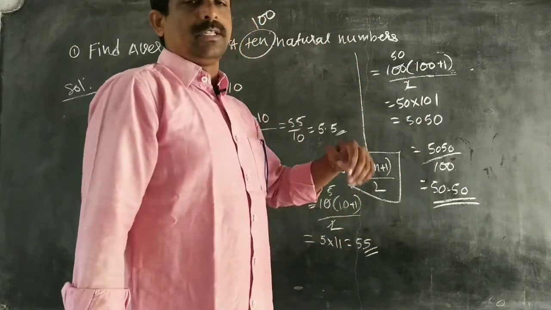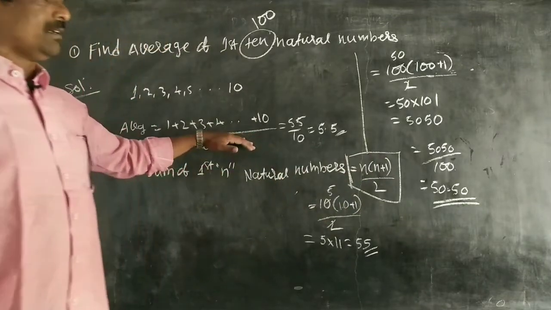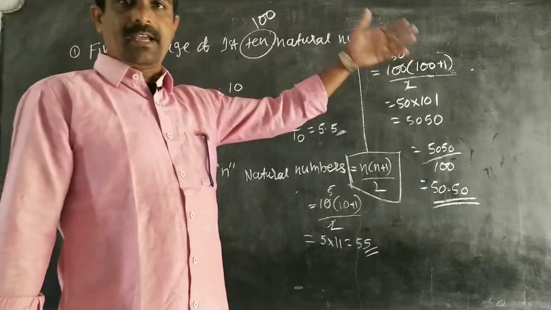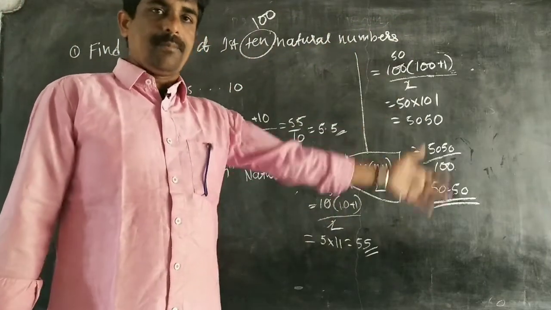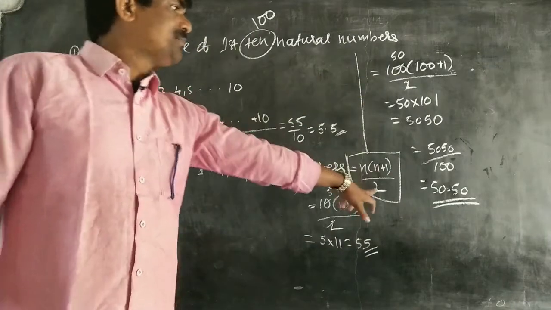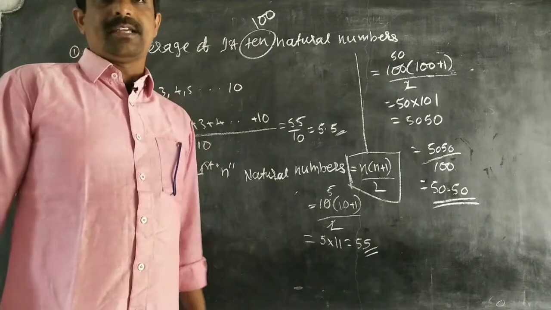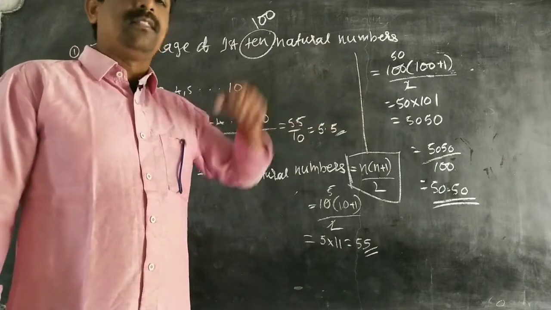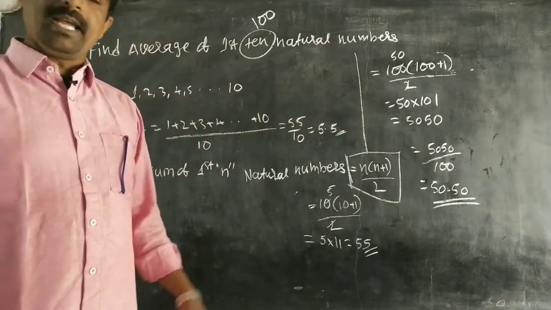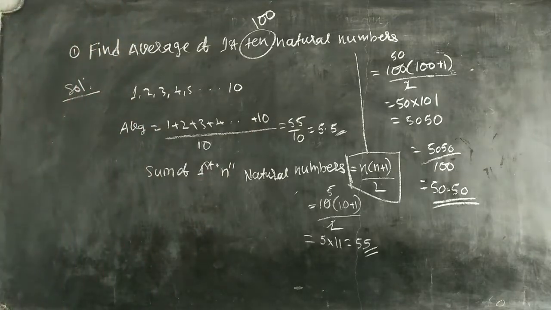You use it from the 6th or 7th standard, and when you are studying intermediate, degree, or preparing for IAS or IPS, you use this same principle. They are not asking for 10 or 50; it may be 100 or 200, and you use this principle only. Okay, right. Got it?